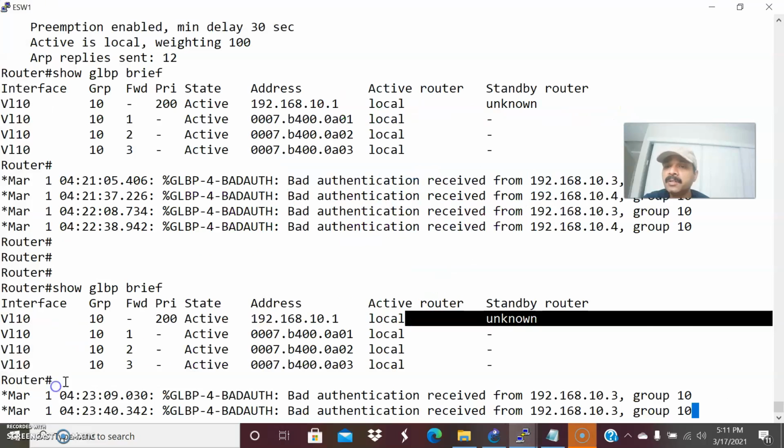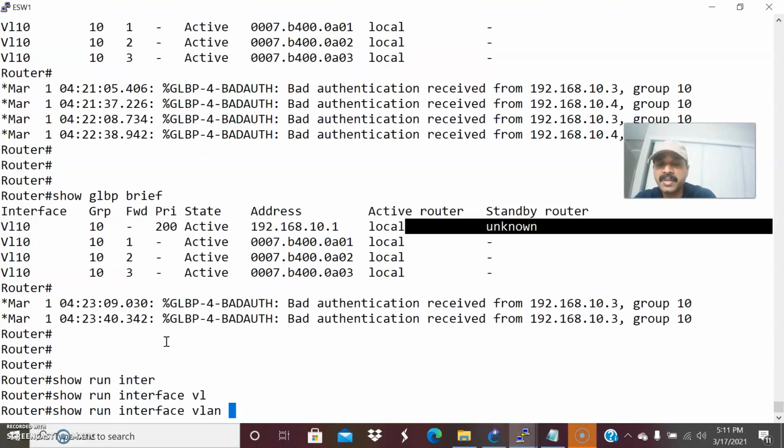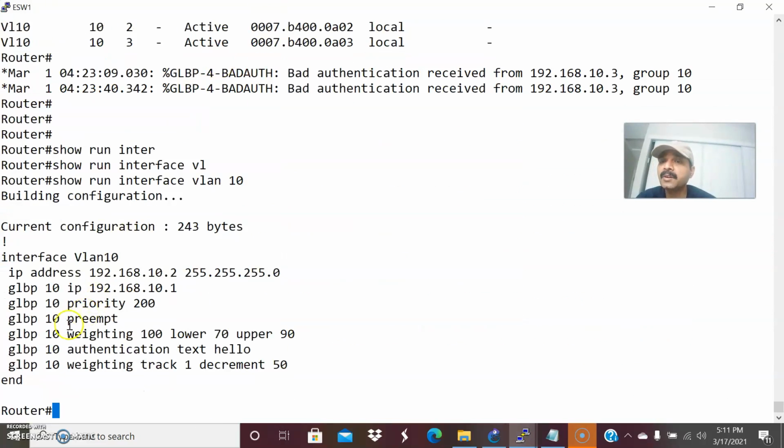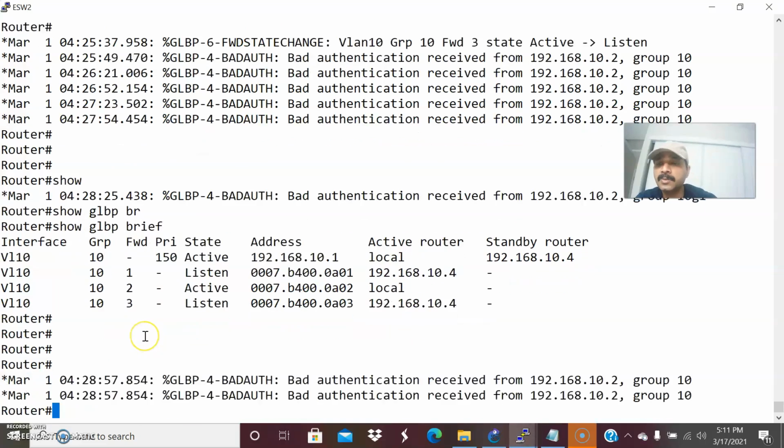How to fix it? Let us go to ESW1 and do show run interface VLAN 10. Here I configured the authentication text value, GLBP text authentication, as hello. The same authentication I have to configure on all the routers. So let us do that.